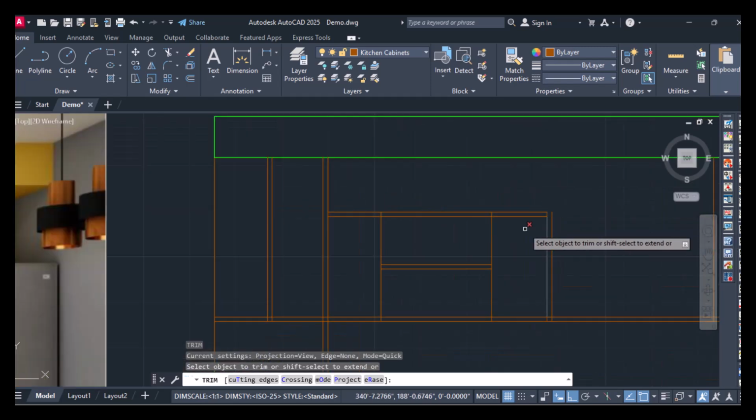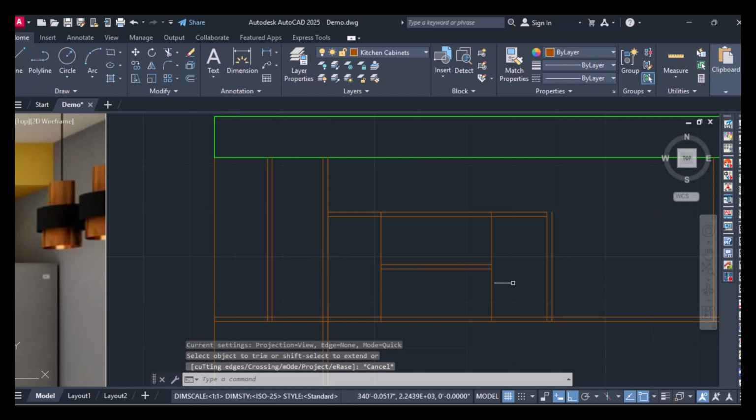Okay, here it's gone on the other side. Just erase this. Again, O for offset, offset distance 1 inch. Select the object to offset and side to offset. Hit enter, TR for trim,